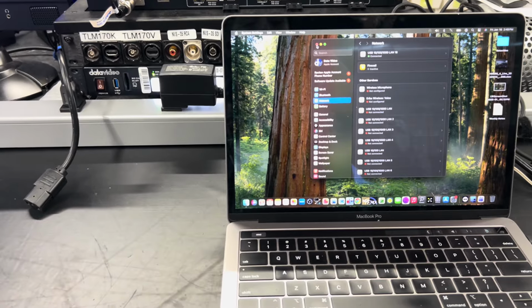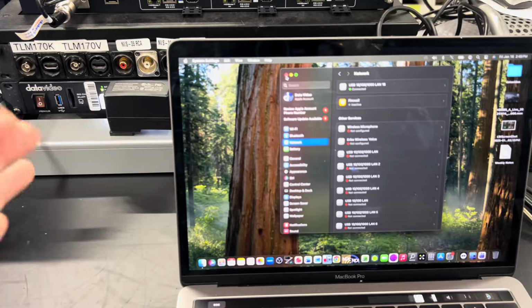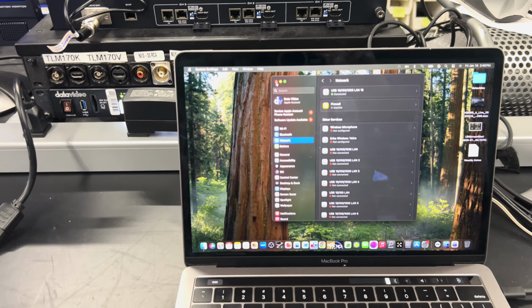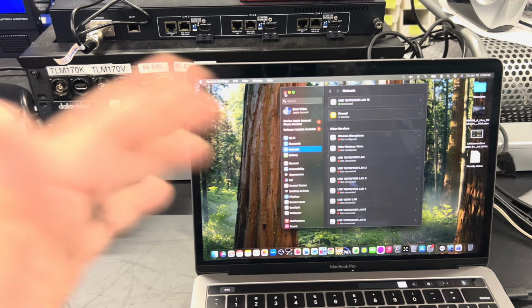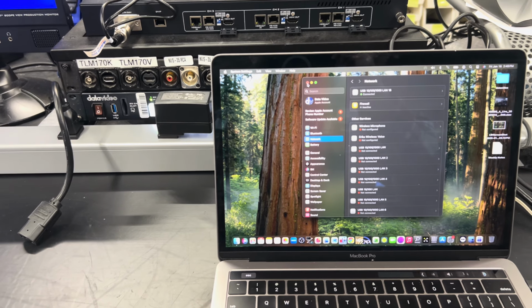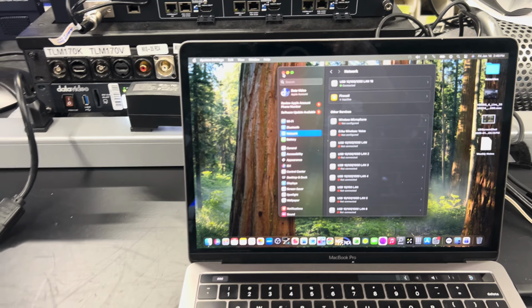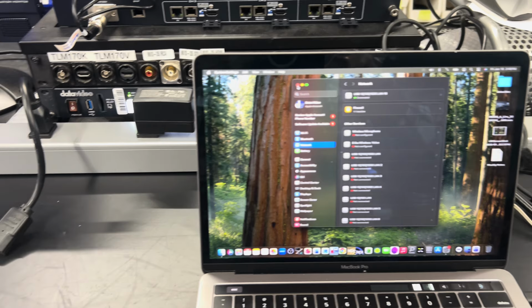Hi, I just wanted to make a video on how to find Datavideo's encoders on a MacBook. Datavideo does not have a specific application or software to find IPs on a MacBook. We do for a Windows machine, but we do not for a Mac. So alternatively, what we have been using is an application called Lanscan. What I'll do now is show you how to use that application and find your